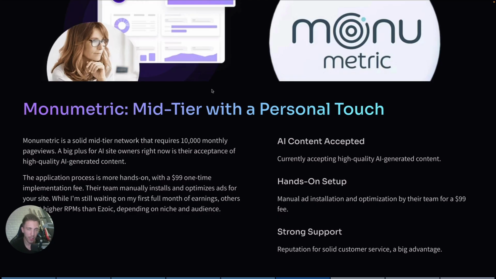Another ad network that I have to mention is Monumetric. One of my sites was actually accepted recently to Monumetric, but it's still very early, so I can't say anything about earnings yet. And most importantly, they accept AI content as long as it's high quality, which is very good. The application process is